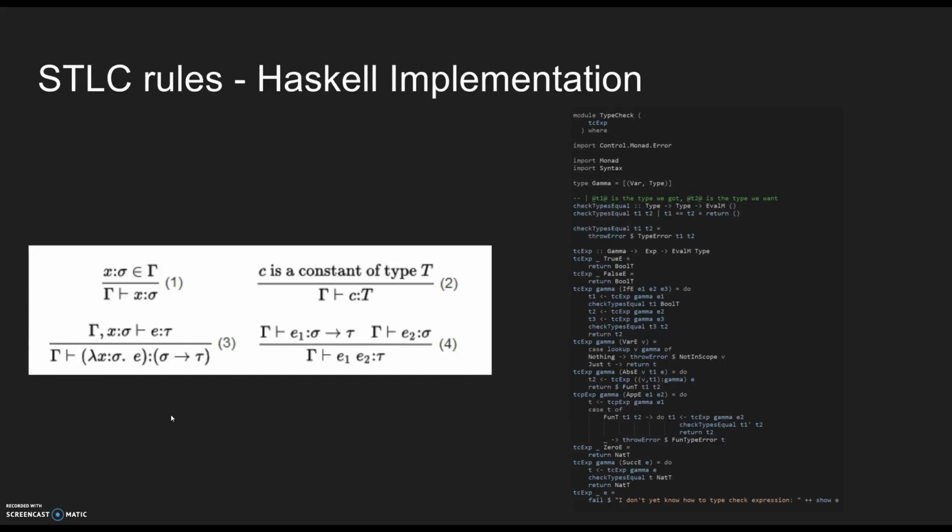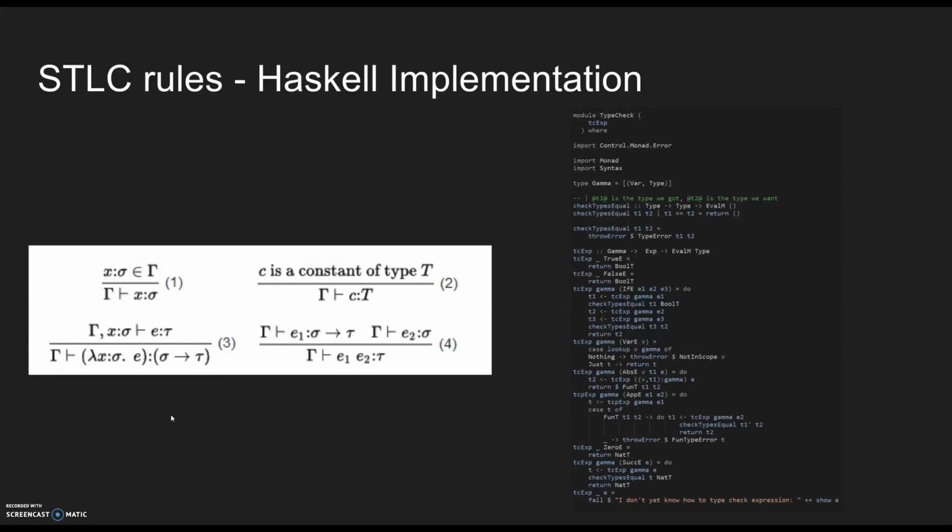And then the next couple are application and other things, which are going to be typified by these rules on the left side. And in English, these rules are that number 1, if x has type rho in the context, we know that x has type rho. 2. Term constants have the appropriate base types. 3. If in a certain context with x having type rho, e has type tau, then